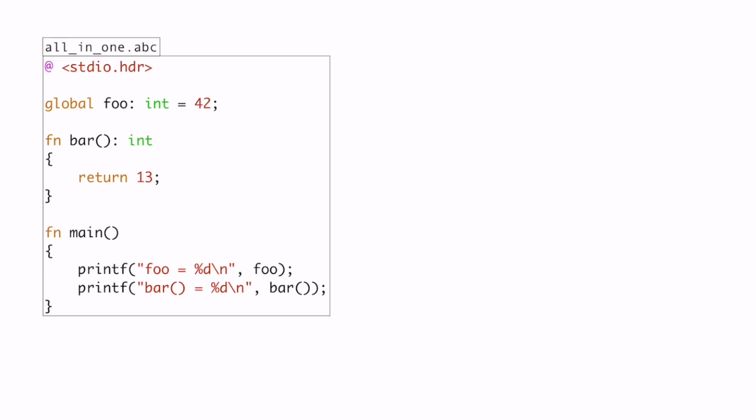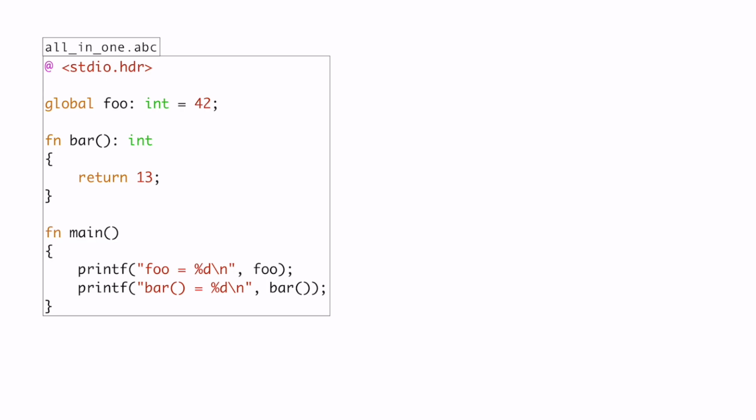In one of the last videos I showed you how large programs can be broken into different translation units, which is useful for larger projects because you don't want to have everything in just one file. It would be very hard to keep track of what is actually going on. You want to split it into different translation units so that you always can focus on what is essential for